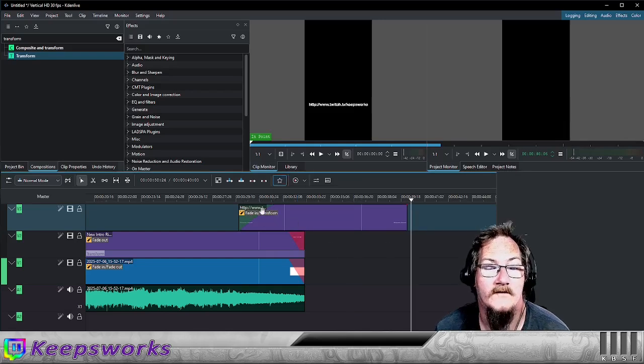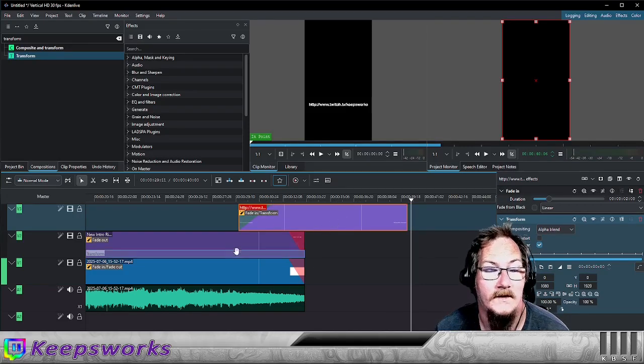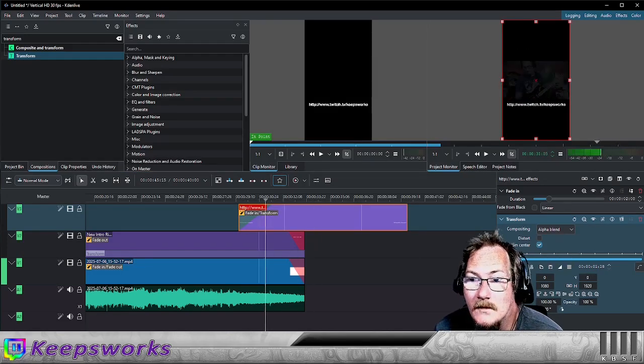Okay, so when you do it from your favorites, it does a little bit something different. It adds it to the track effects instead of as an effect between layers. This is probably the way I should have done it, to be honest. And now this is the entire width of the thing. So we're gonna,